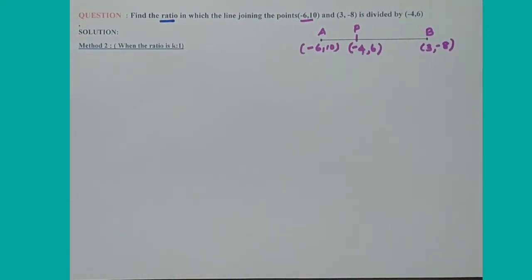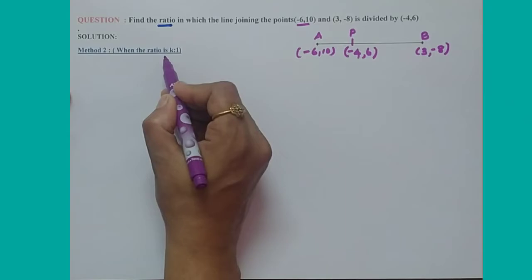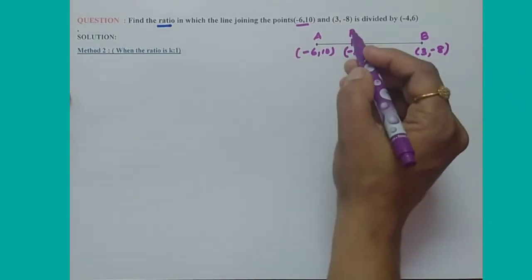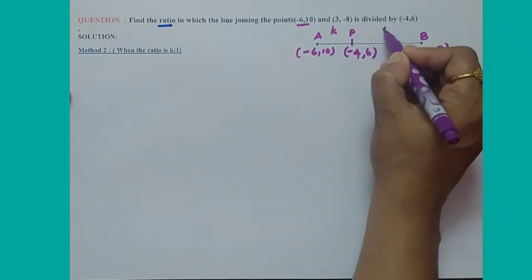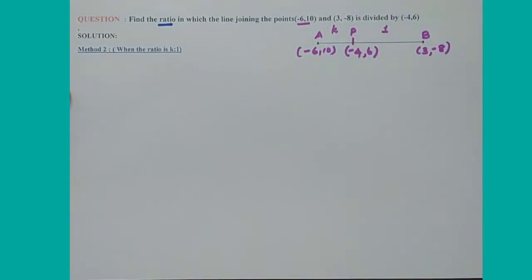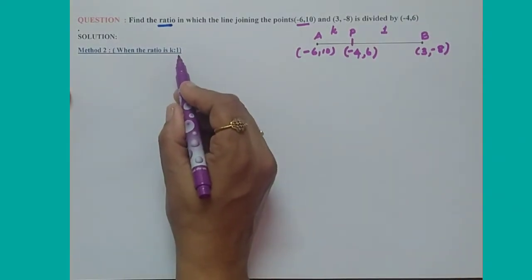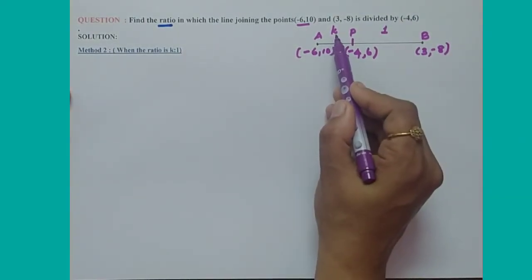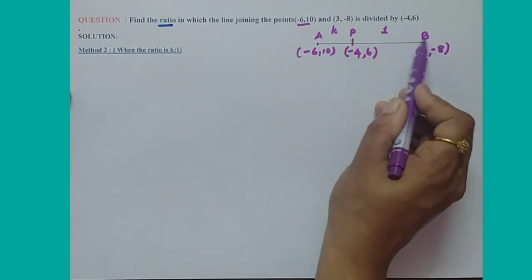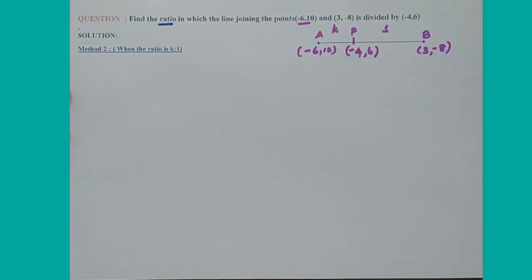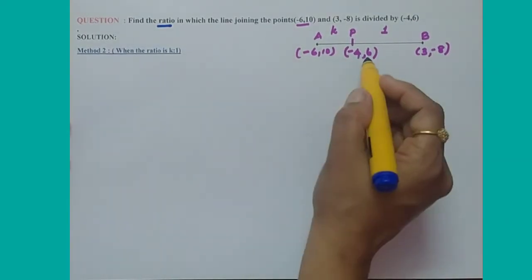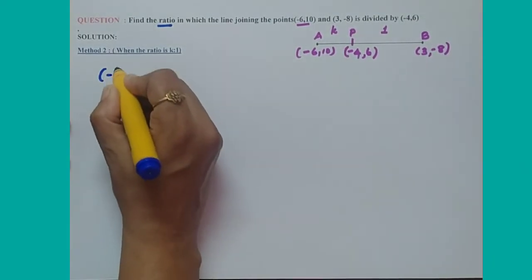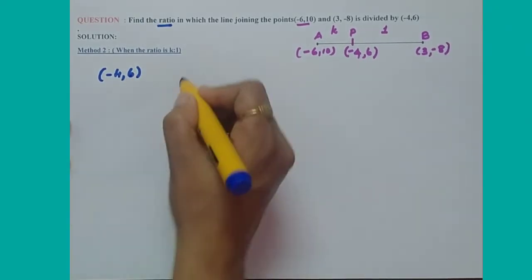I am going to apply yet another method, in which the ratio is taken as k:1. K:1 means that along with side A, I am going to take k, and on the other side B, I am going to take 1. Why? Because my ratio now is k:1. In the last question you wrote m1 along with side A and m2 along with side B. Now, whatever the ratio, our method is to write the section point on the left side: -4, 6 is the section point on the left side, which is equal to